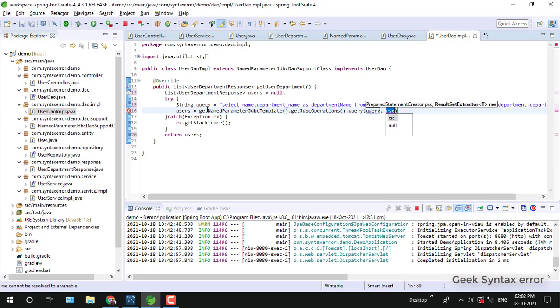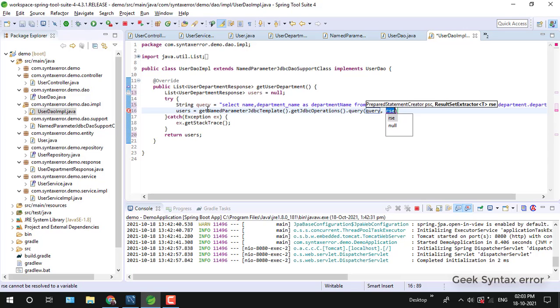As you guys know, in the traditional way, whatever result set we get, we are manually setting it, meaning we are manually mapping that result set into the POJO, right? Using a row mapper. How to map with a row mapper and everything, we'll cover in a separate video. Right now we'll make use of BeanPropertyRowMapper. What BeanPropertyRowMapper will do is automatically map the result set to our response entity. It will automatically create a POJO, so we don't have to write separate logic for mapping.